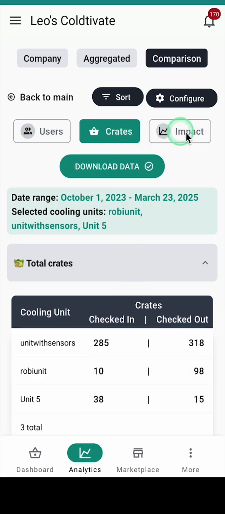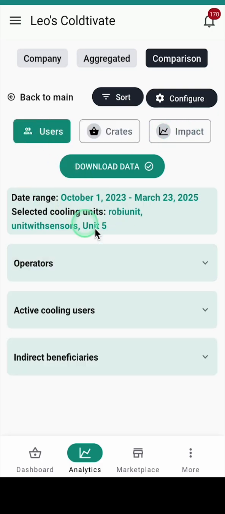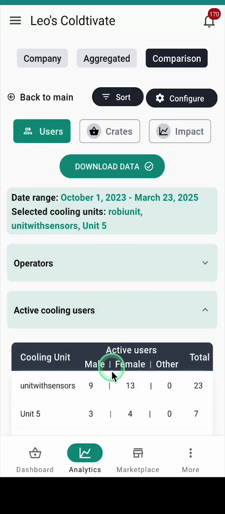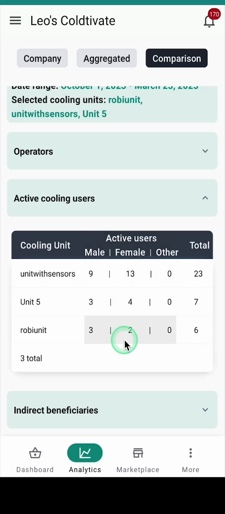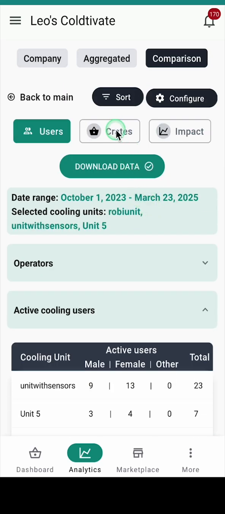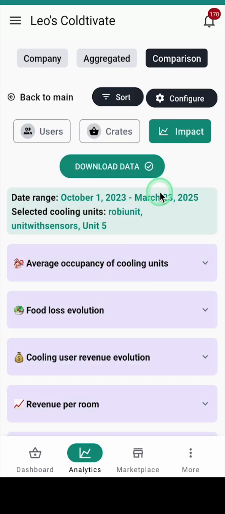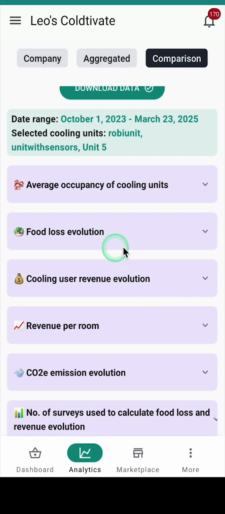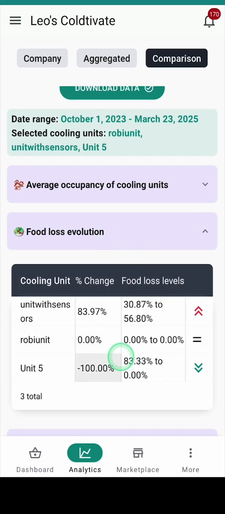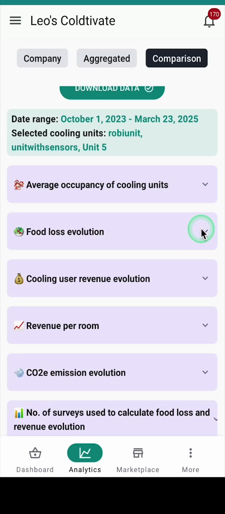The structure of this visualization is the same. So we have users, which is the information about, for example, the number of active cooling users, beneficiaries, operators, and then there is information about the crates and also the crop distribution for different crop types, as well as in the impact section, for example, what is the food loss evolution across the units. And in this case, it's important that if you don't have enough information, then there is nothing that we can show. This is, for example, the case in which no surveys have been filled in for a set of user